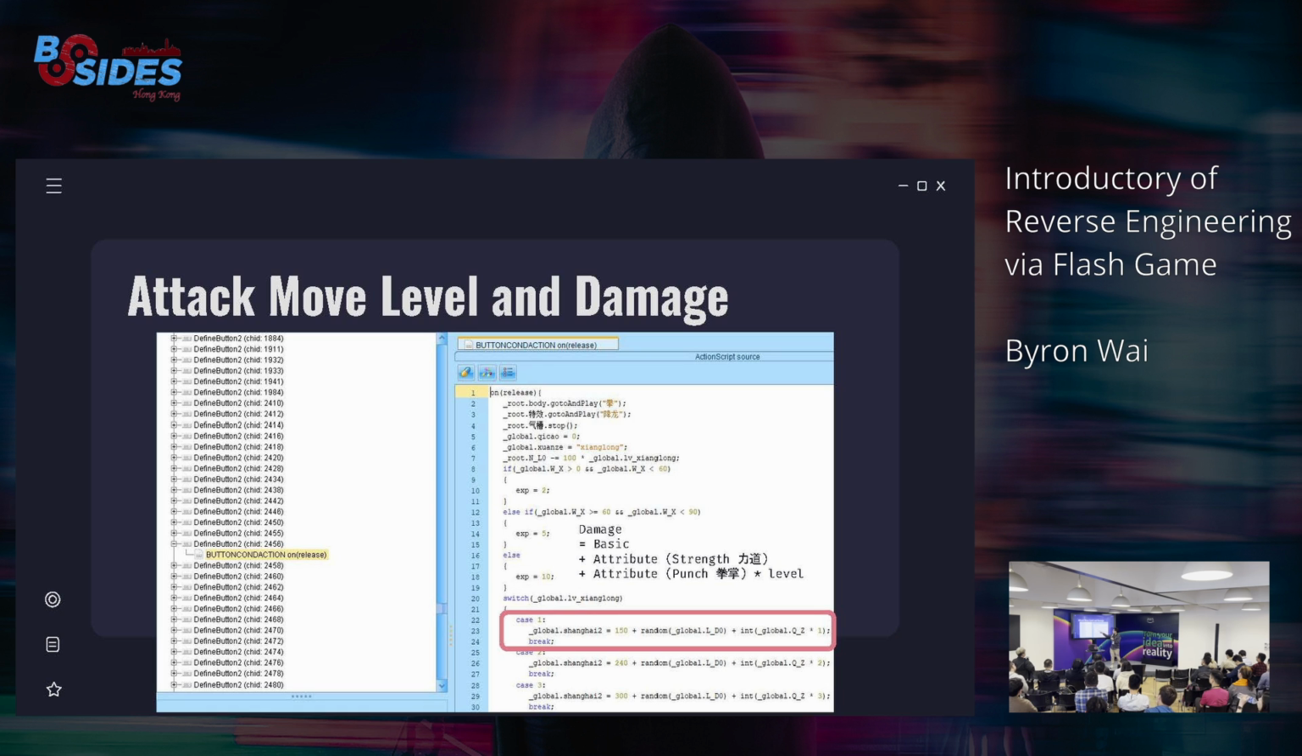Okay, so I see that damage equals this one: the basic damage, 155 at level 1, plus random strength, the lethal strength, and the kunjang, which is punch, times the level. So you see that when you reach level 1, it is 150 basic damage with some plus ones. You can calculate this part. And when you go to level 2, it's 240 and times 2,